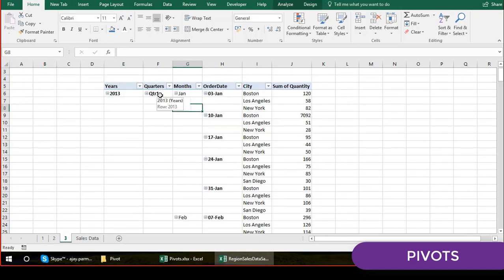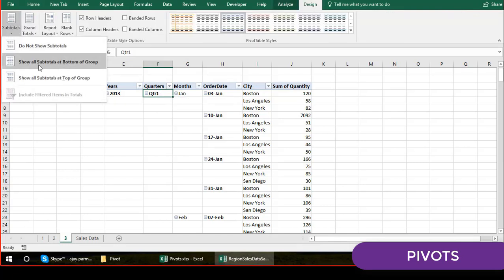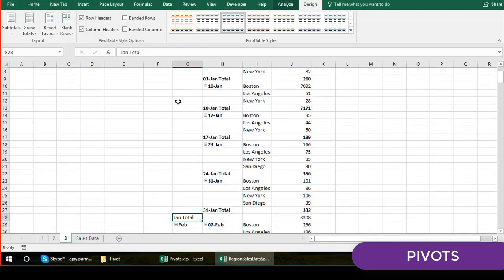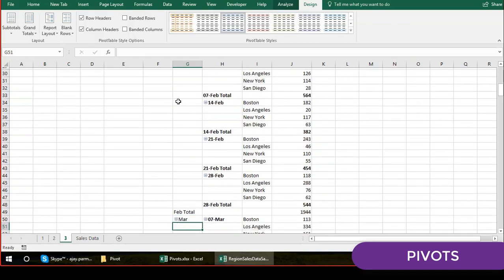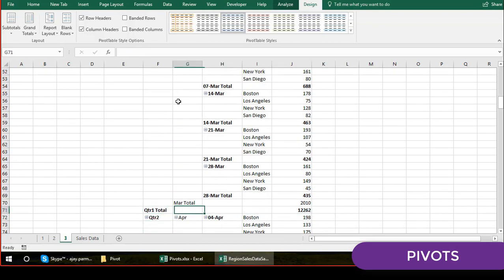Now let's say you just want to show the subtotal. You can go to the design tab, click on subtotal, and choose to show the subtotal. You see this is how the subtotal will start coming. So basically when you select this quarter one, you have the total for everything. You have the total for the dates as well, which is not looking good because it created the date wise total. Then, look at this, the month total is also there, and after that the quarterly total is also there, right? So quarterly is good, month is also good, but the date is not good.